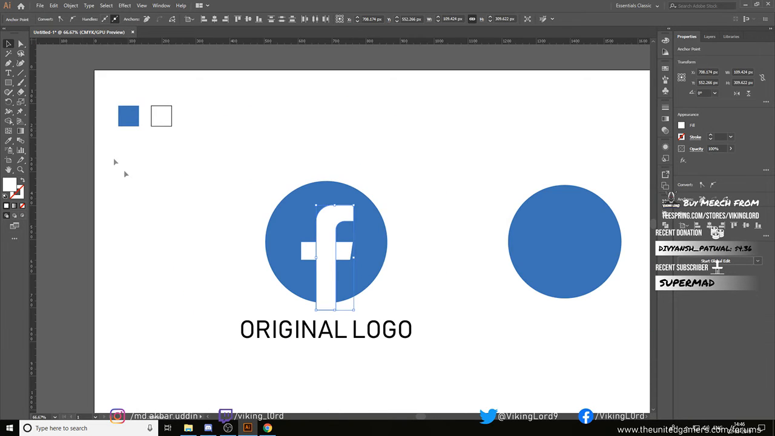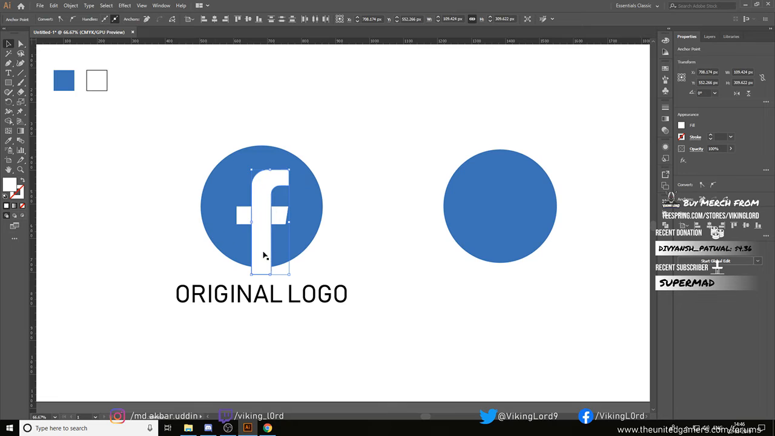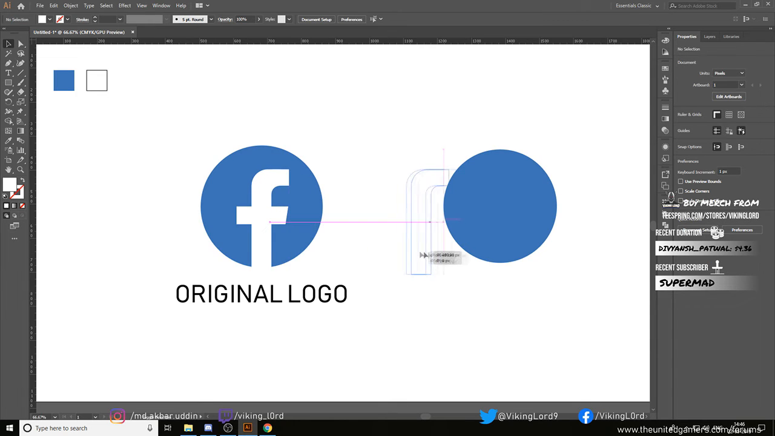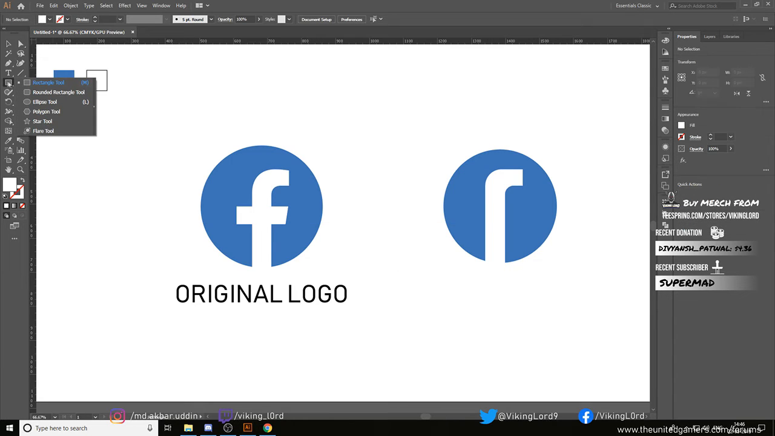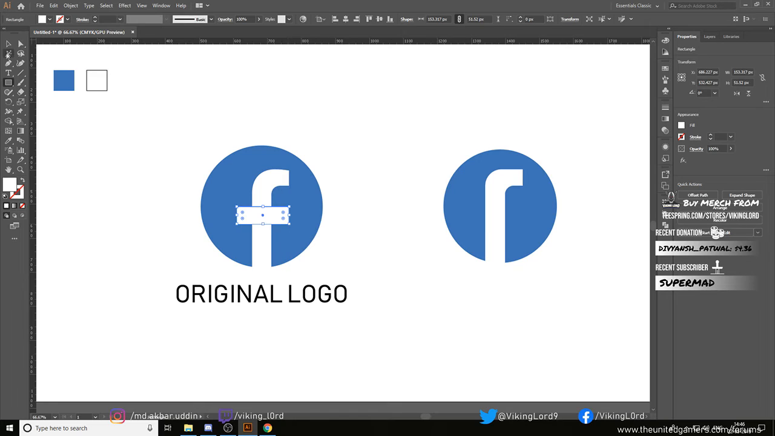And after we did this, let's just bring this F over here, and now we will use the rectangle tool again and create a rectangle over here to replicate the part of the logo. Now to create the slash effect, we'll use the direct selection tool, select this part of the rectangle,